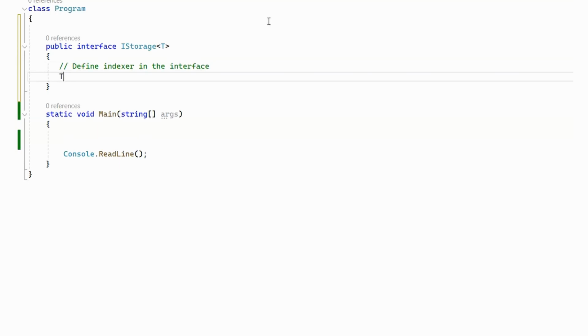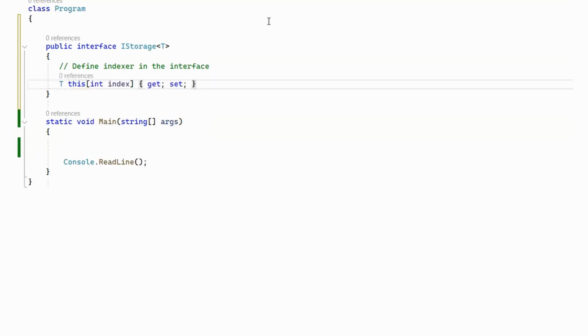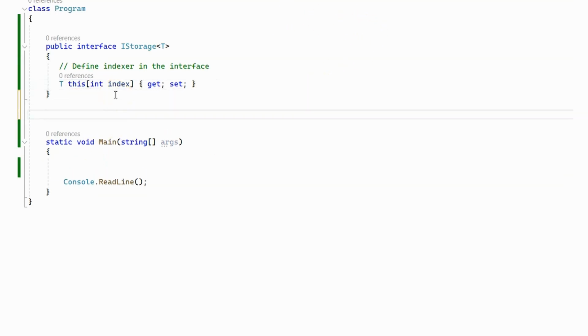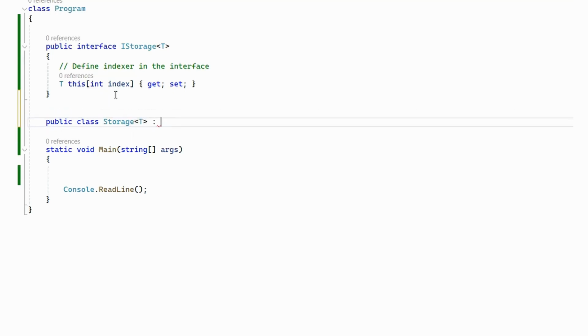Let's do that. And now we can create a class which implements the interface. So let's call that class Storage, and it implements IStorage,